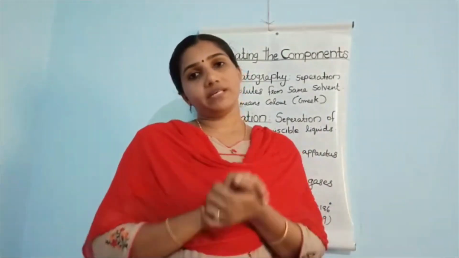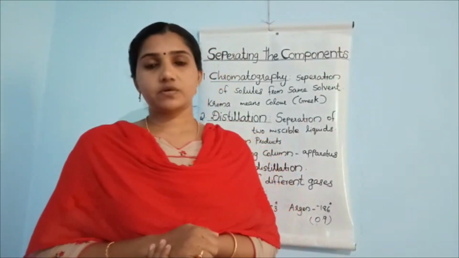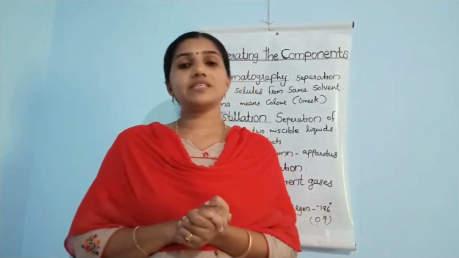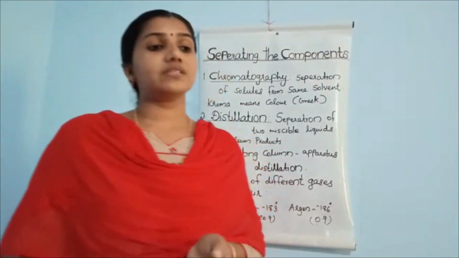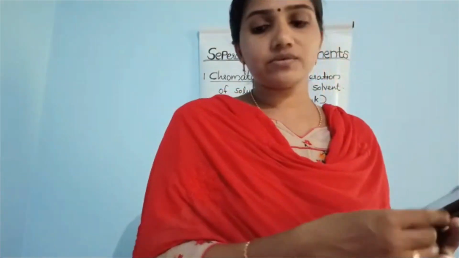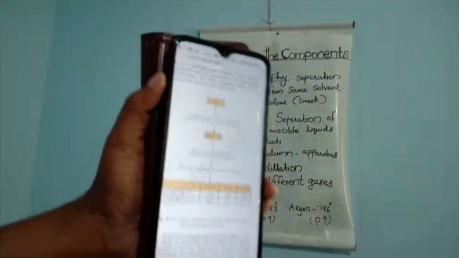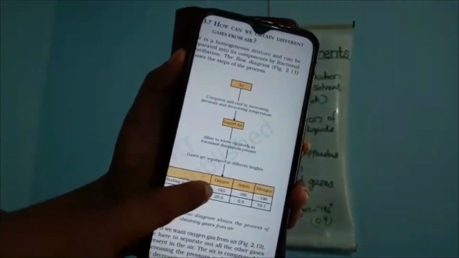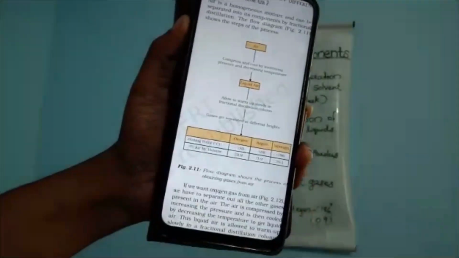Okay, our next point is, how can we obtain gases from air, or how can we get oxygen in liquid form? That is what we are going to discuss next. In your textbook there is one diagram related to air. Can you see this? This is a flow chart. Can you see, children? You take your textbook and see this.